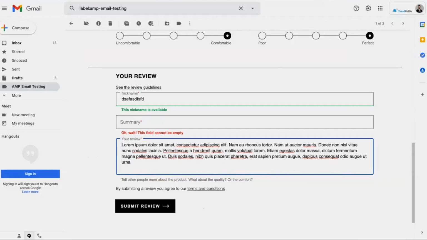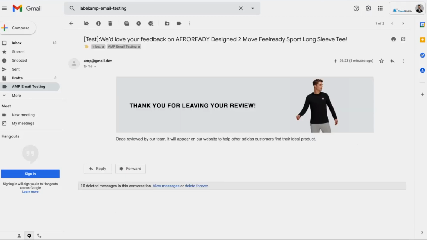Also, you'll observe that I've added an animation effect using CSS. This placeholder field label that appears in the input field, when I click on it, moves up to the top and shrinks as well, which is just a nice professional touch. So I'll just say great product and submit my review. When I submit the form, I'm displaying a confirmation message directly in the email and hiding all the other elements on the page, like the form.